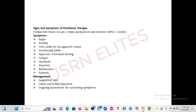All right. Then we also talk about some emotional changes that will take place during the postpartum period. We have postpartum psychosis, we have postpartum bliss, then we also have postpartum depression. The most serious ones are the depression and the postpartum psychosis. You know that if a woman goes into postpartum psychosis, the woman becomes a threat even to the child. And this woman can end up even killing the child, or taking the life of the child. So when you are monitoring,